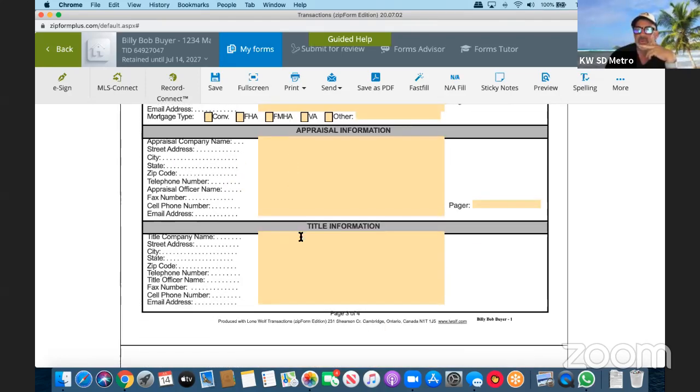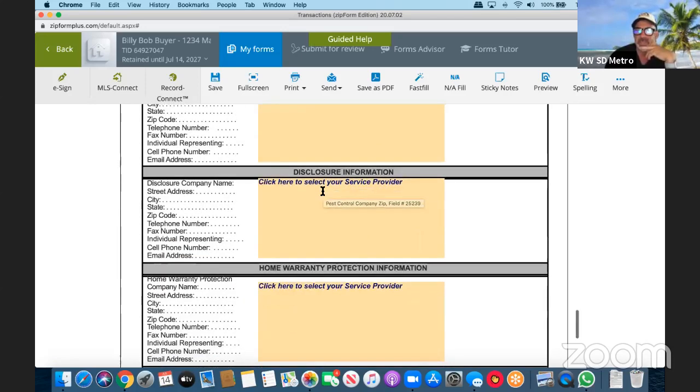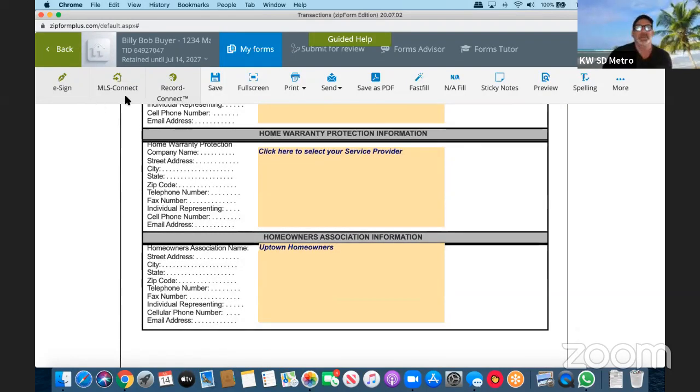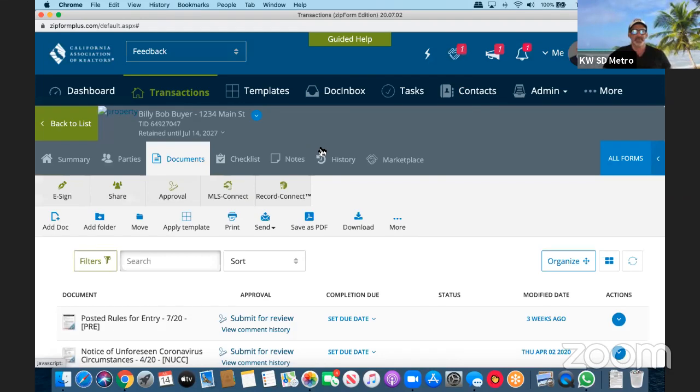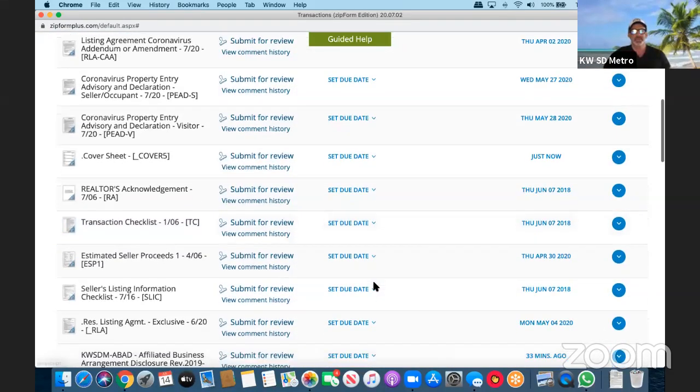And then title will auto-populate. You won't pick pest control yet. And disclosure, home warranty, and HOA. Okay, so we're going to save that. We're going to go back to the rest of the contract documents, and what we're going to do,